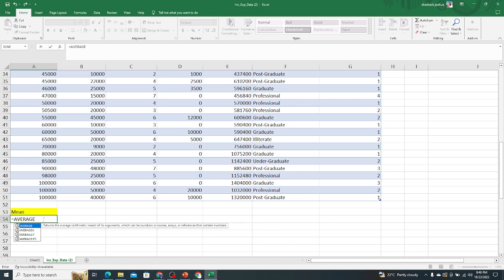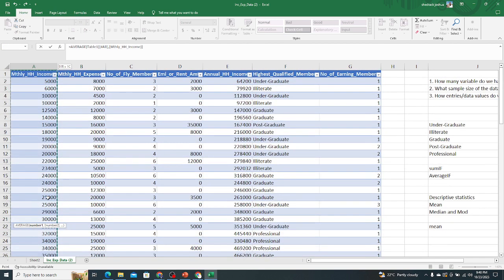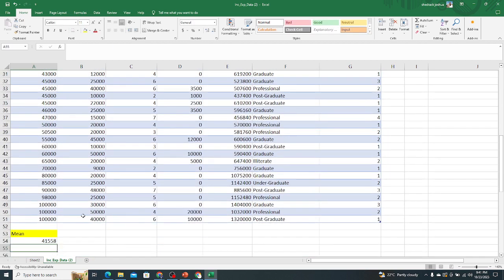So basically the AVERAGE function gives the mean of that variable. So you can see the average of the monthly income